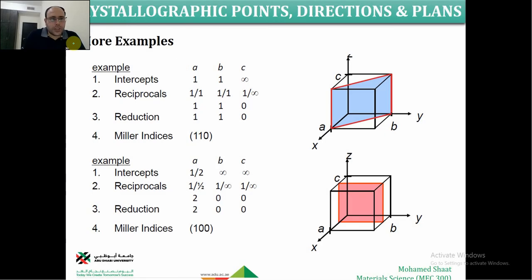So let us consider these examples for more demonstration about the thing that we explain. Assume that this is a cubic crystal. Remember that we're still working on identifying the plane for all crystal systems except the hexagonal. The hexagonal has another approach because it should be represented as 4 indices instead of 3. So it is required for this plane, for example, which is highlighted by blue,